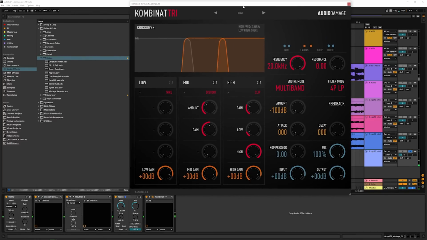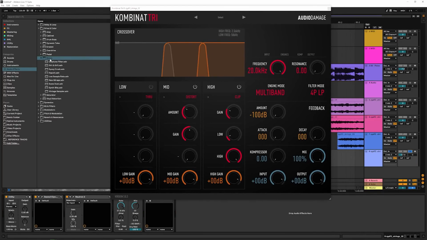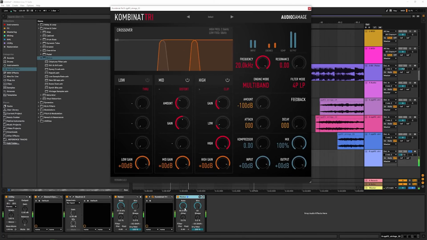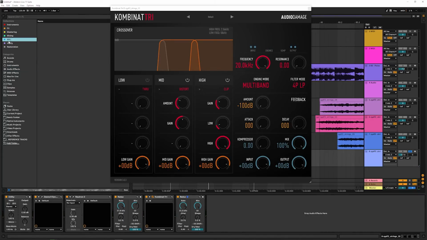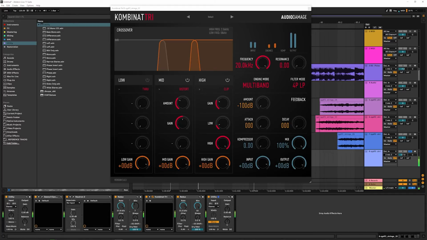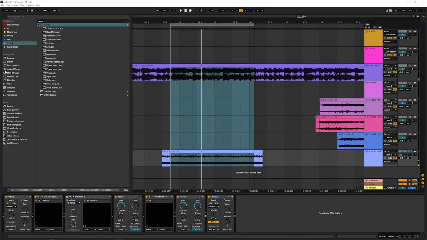Now let's do, ooh, I don't think we want anything in the mid-range. I hear what sounds like aliasing on theirs. I think that's how it's so high up in the mix. So let's alias a bit more, meaning let's go ahead and introduce some high-end aliasing like that with a Redux. Sound is mono, so let's go ahead and grab a utility. Cool. Let's go ahead and EQ it again. And I think that's going to be it.